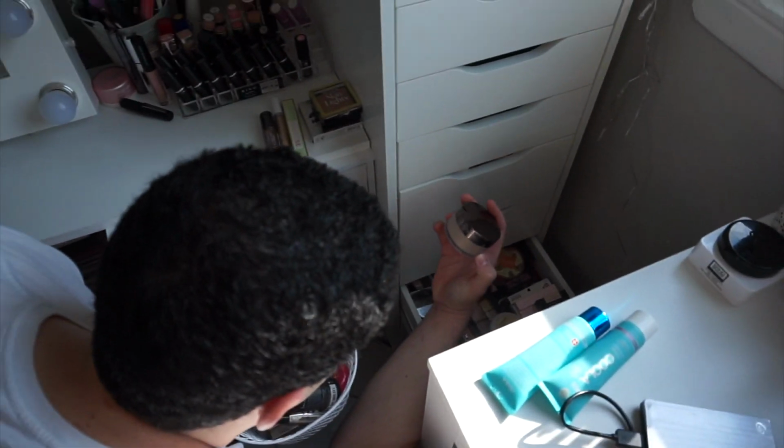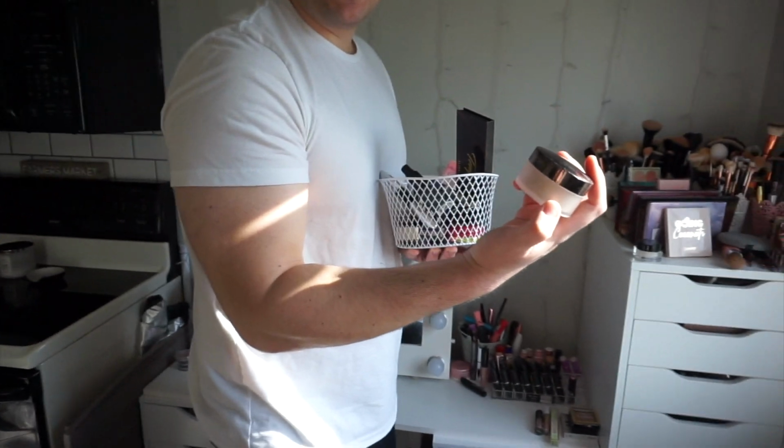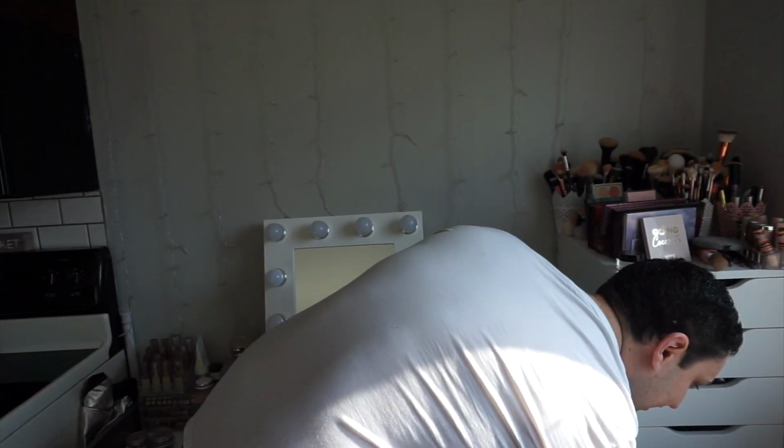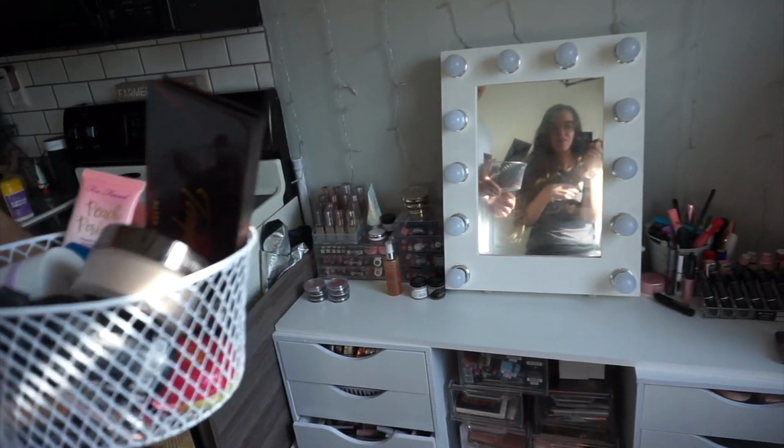I have a gut feeling about this one. What is that one? Laura Mercier. Okay. See which one you picked. Is it a good one? Yeah, that's good. Okay. It's a nice little Easter basket of makeup. Oh, you want to do a lip gloss? I don't know what'll go with that one you picked, but...